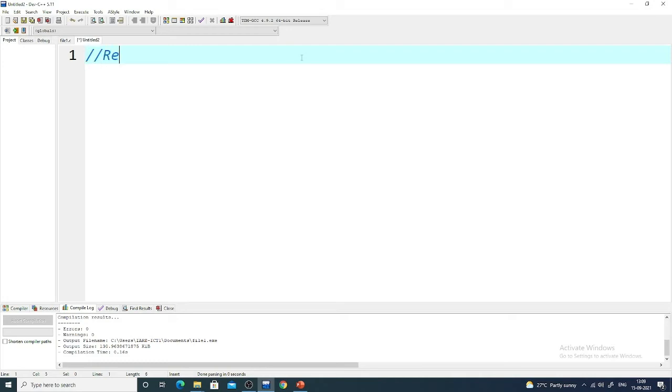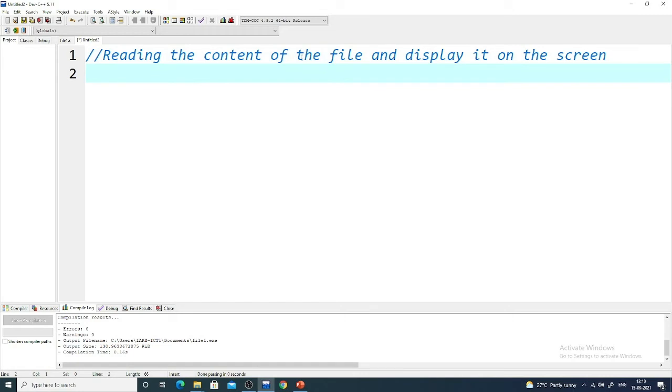So reading the content of the file, here we are going to take the same C file and display it on the screen. So let us write hash include stdio.h